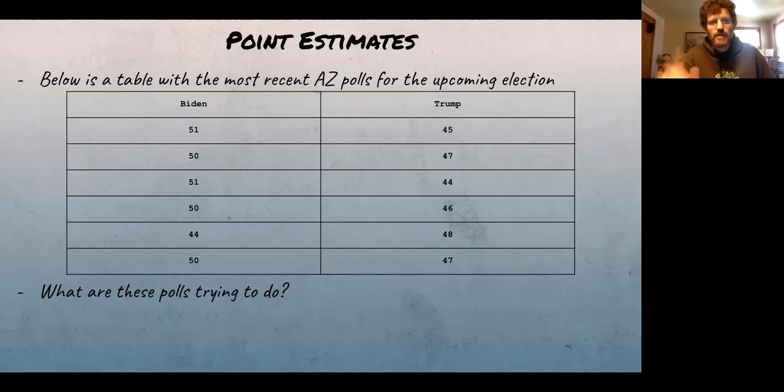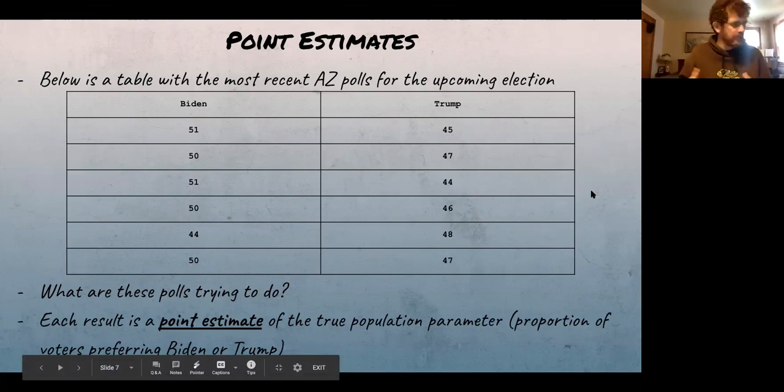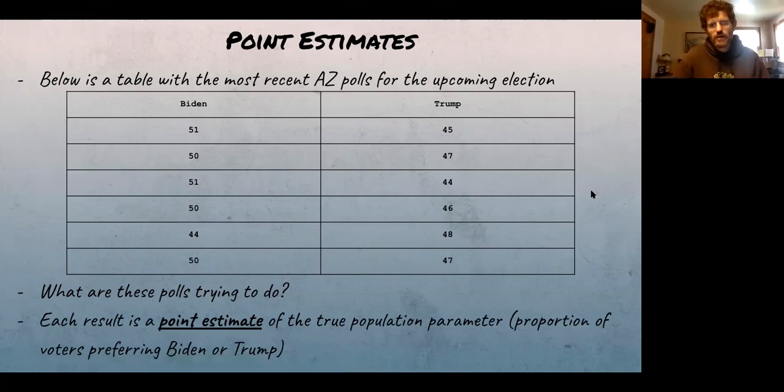Okay. I think that was Maggie, you said that. You were really getting close to what I was trying to see as an answer. There is a true portion of people who are interested in voting for Trump or Biden. So the proportion of Arizonans who are going to vote for Biden or Trump, there's a real number out there. We don't know it. We won't know it until the election. But right now, all these pollsters are trying to estimate what that is.